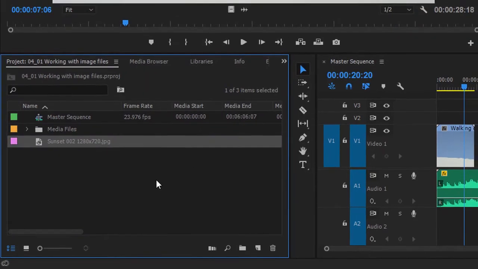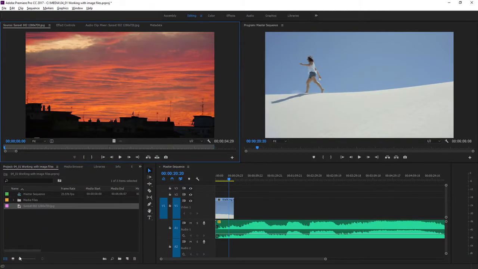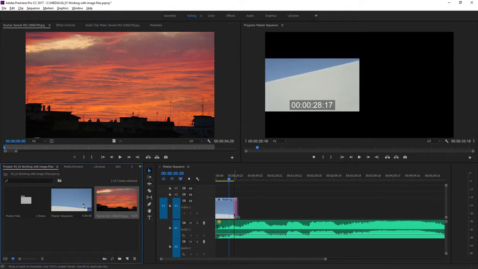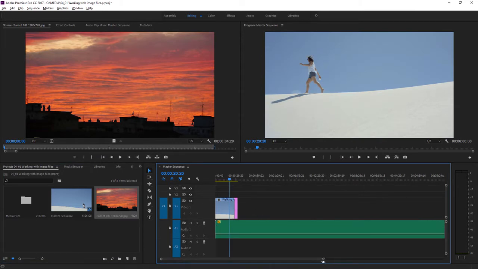The photo appears in my project panel, and I can double-click to open it in the source monitor, or I can switch to Icon View and just view it as a thumbnail. In any case, I'm going to drag this straight into my sequence. I'll put that at the end of the video clip. It's pretty short. I'm going to zoom in a little bit using the navigator at the bottom of the timeline